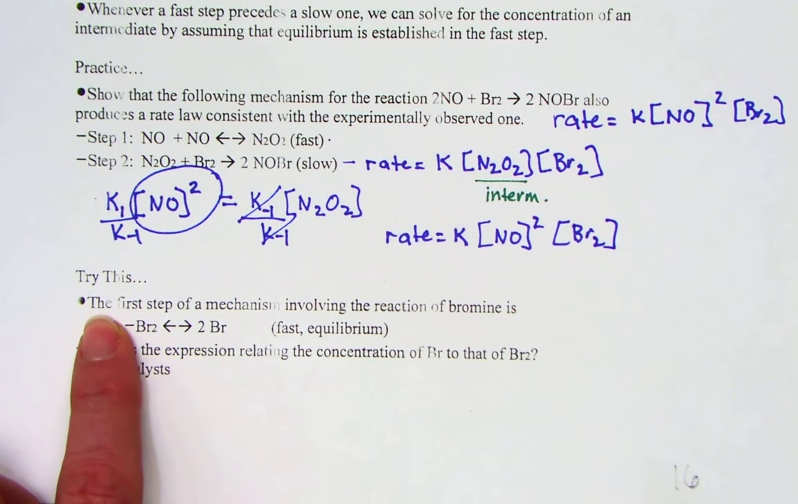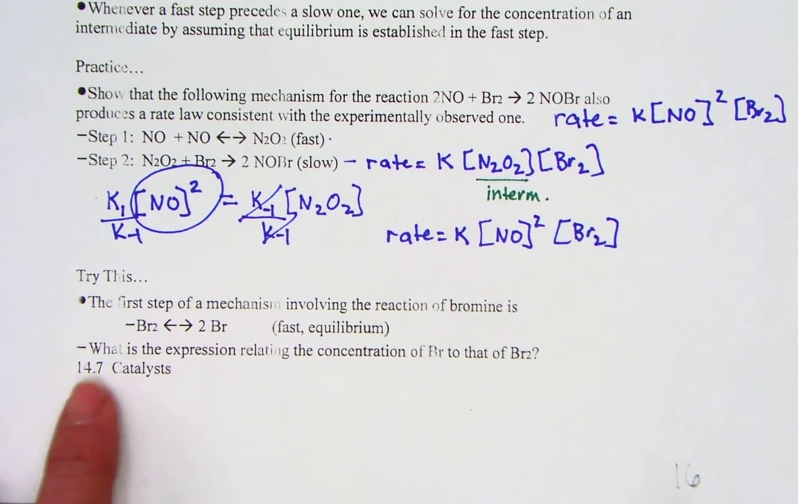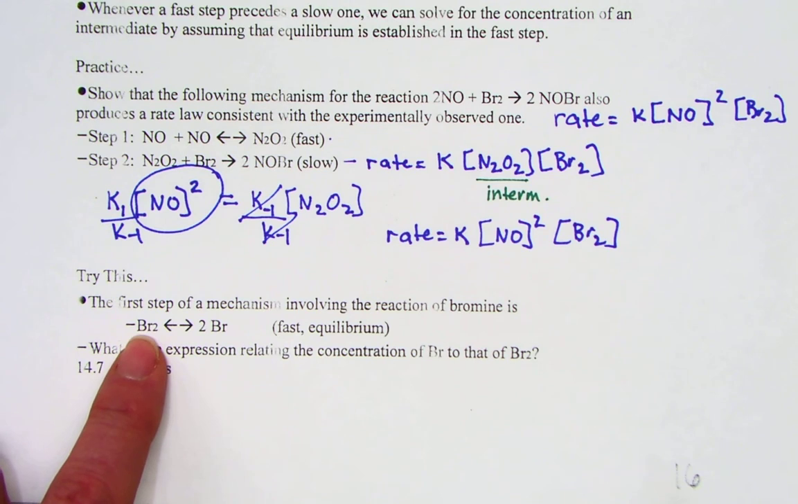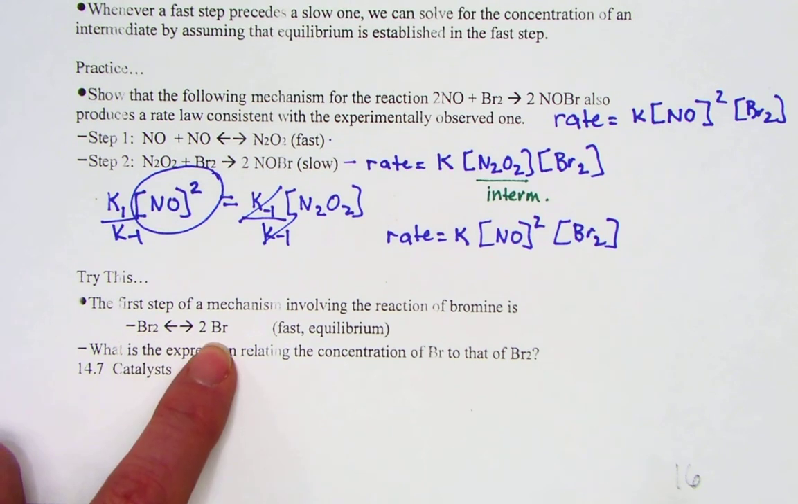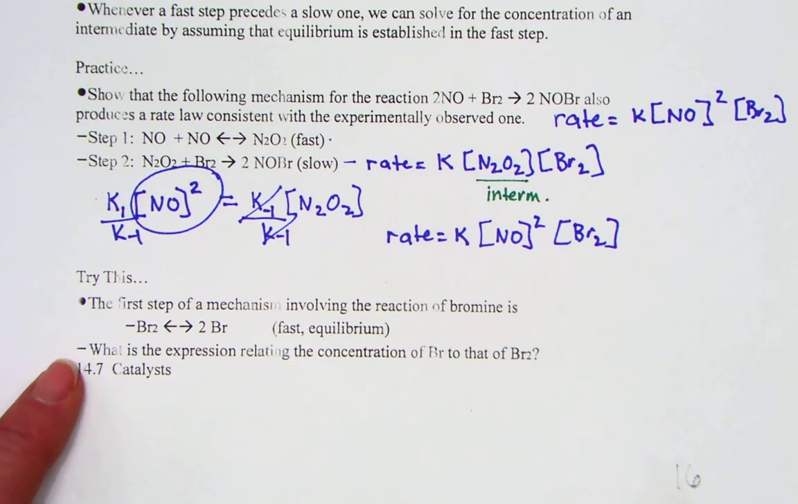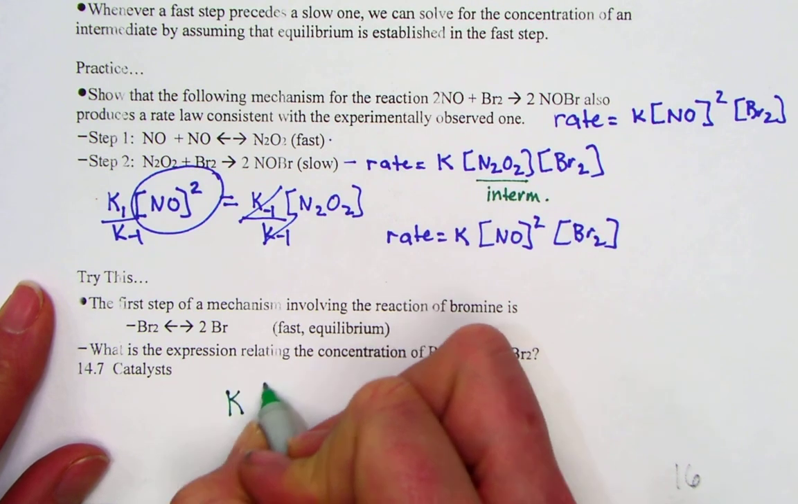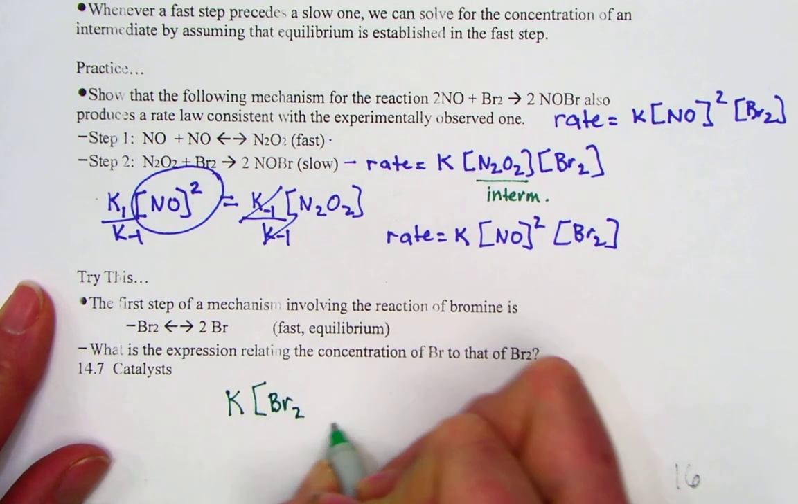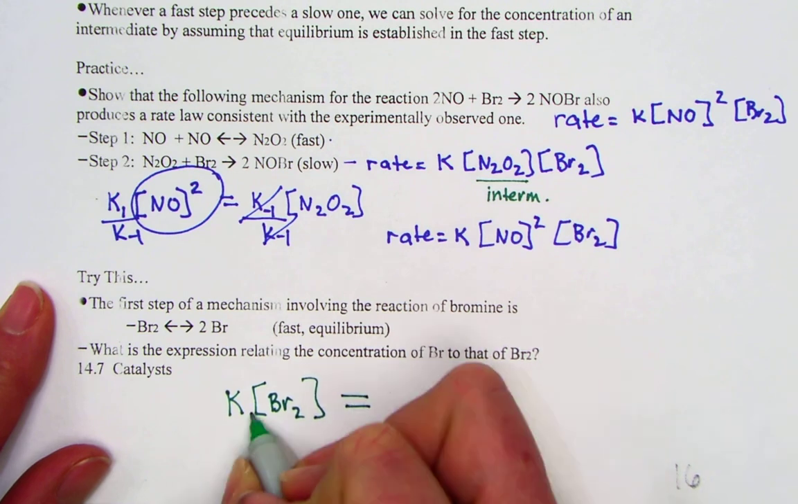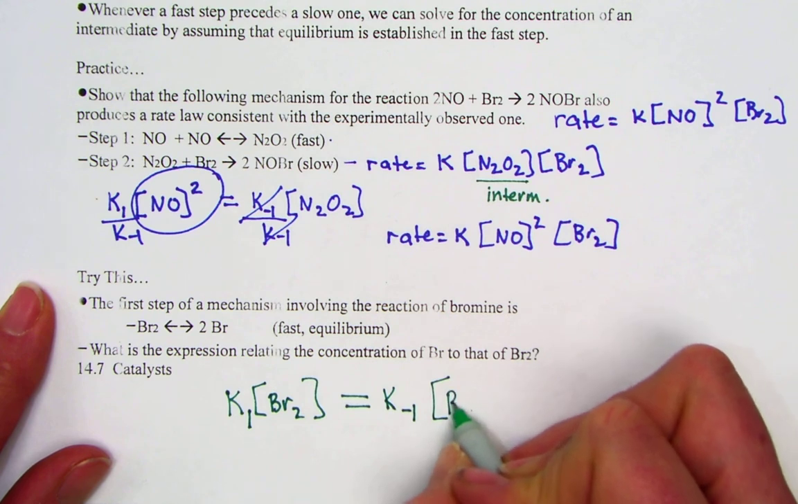Try this. The first step of a mechanism involving the reaction of bromine is this. Bromine molecule forms 2 bromine atoms. It says it's fast. It's in equilibrium. What is the expression relating the concentration of Br to that of Br2? Here's what we know. The forward reaction would have rate is equal to K times the concentration of Br2. That would be equal to K negative 1, where the atom of bromine